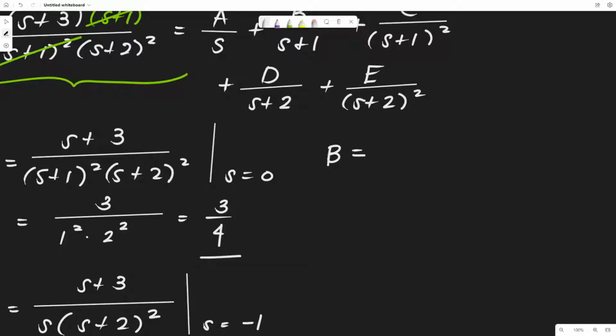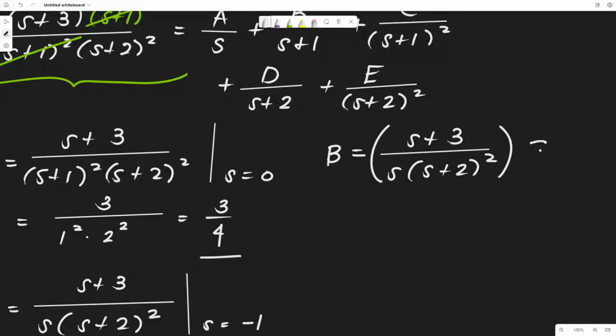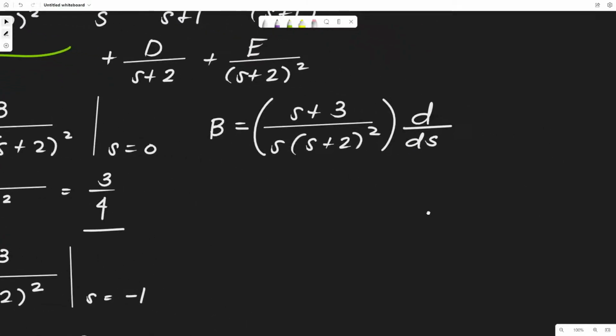Okay? Since binaro natin yung c, no? So yung derivative na to is applicable siya for lower power functions, no? So we have s plus 3 over s times s plus 2 quantity squared, d over ds. No, since we are integrating in terms of s. Okay? But we will still evaluate this, no? Using what value? Yung s is equal to negative 1 natin. Okay? So,